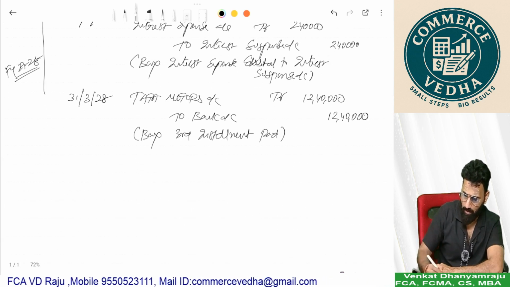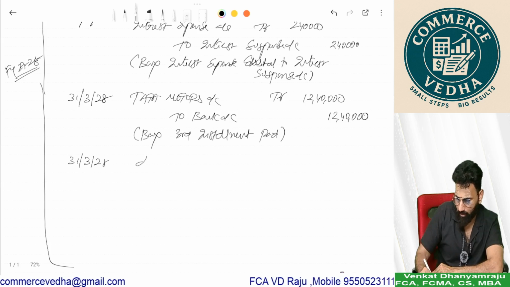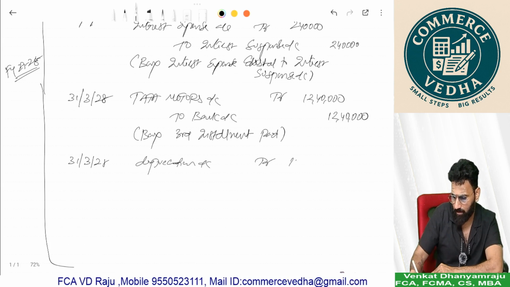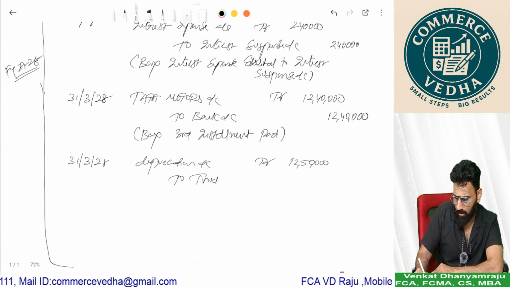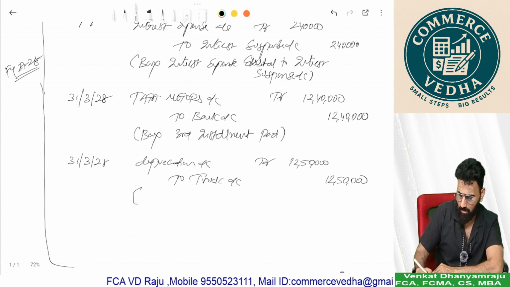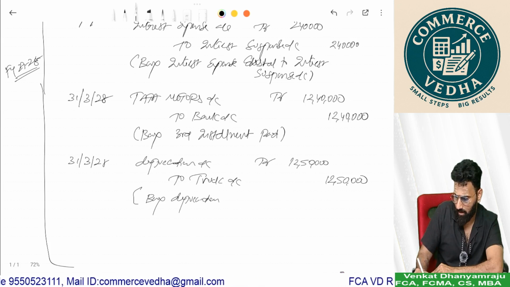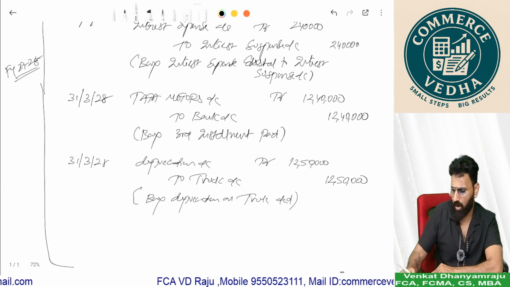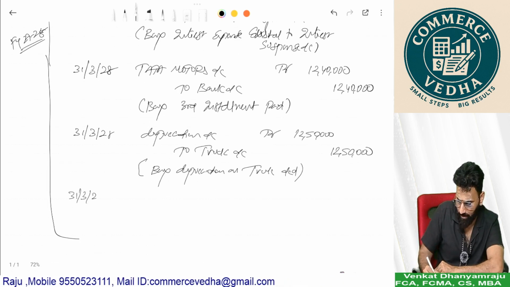As usual, same date we should write the entry for depreciation, straight line method 4 years, to truck account, being depreciation on truck accounted, and last entry for the third year is